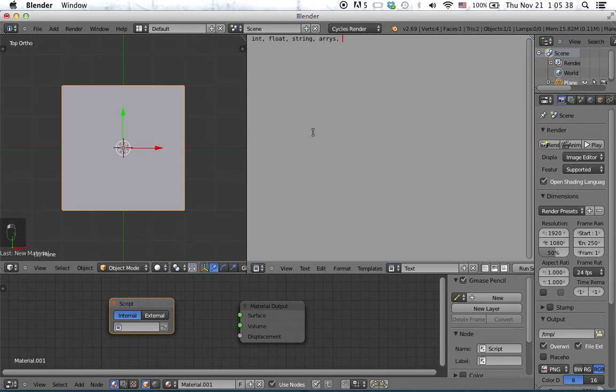But OSL has some other types that aren't used in other languages because they're not necessary, such as the point-like types, the color types, and the closure types. I'll explain these all in due time. Let's start with the syntax for an integer. So, when you're declaring any sort of data type, you have to declare the type. So, to get a variable, you would say int,